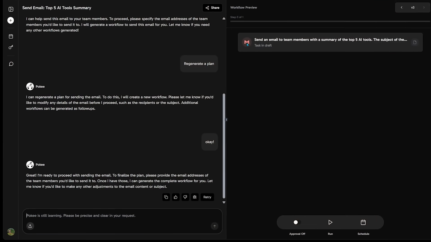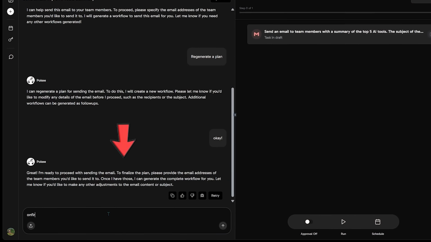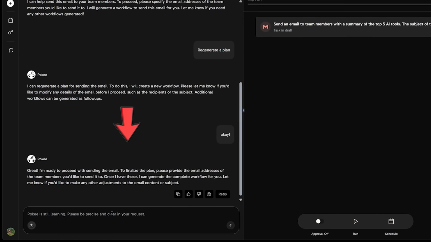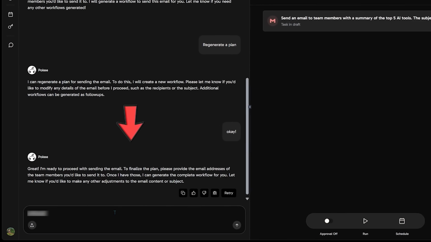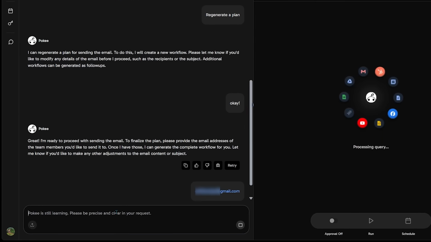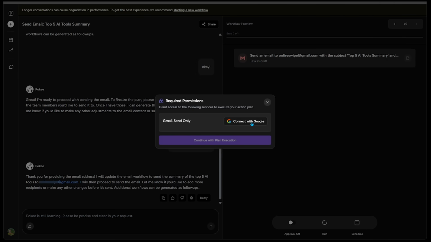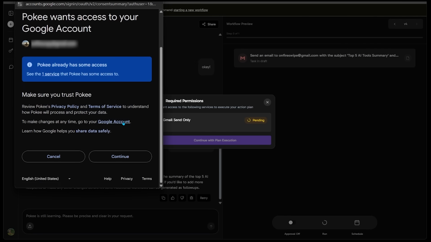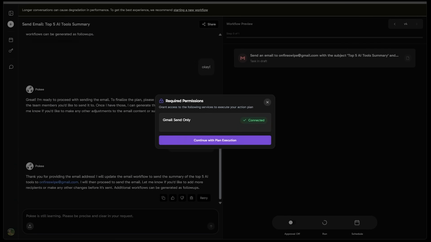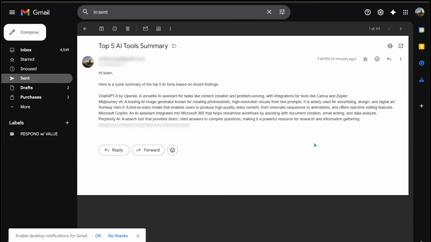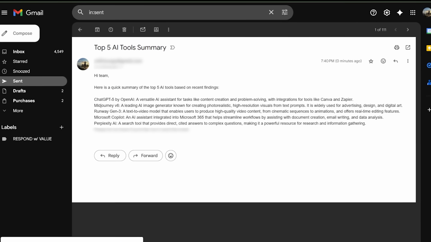I'm just quickly jumping back over to the main chat where I'm going to specify the exact team member that I want to email. So I'm just entering that exact email address right now as the recipient. Then I'm going to grant access to Pokey to send emails on my behalf. So just setting up the authorization there. And then here's a look at that exact email in my send folder on the topic of the top 5